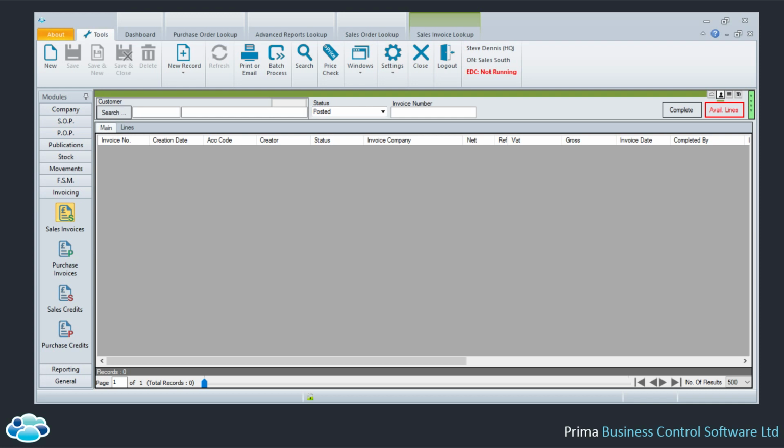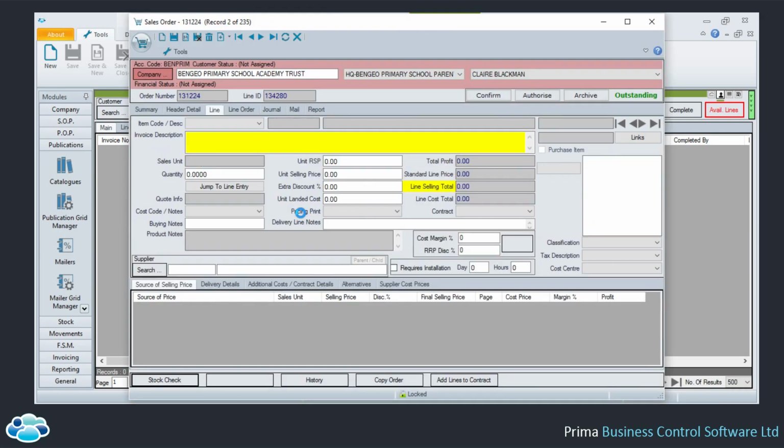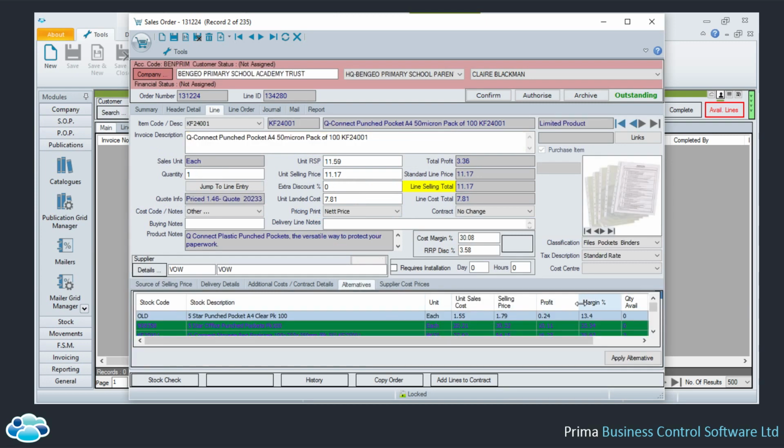So you will be able to have your own alternatives, and it can be supplemented by the Fusion Data alternatives at the same time. So this feed will just be as you get your data files coming into the system, and as you put on the order down here. Looking at here, if I go into this line, the alternatives that are available in here, you'll essentially get a much better and regularly maintained list of product alternatives that you can use,